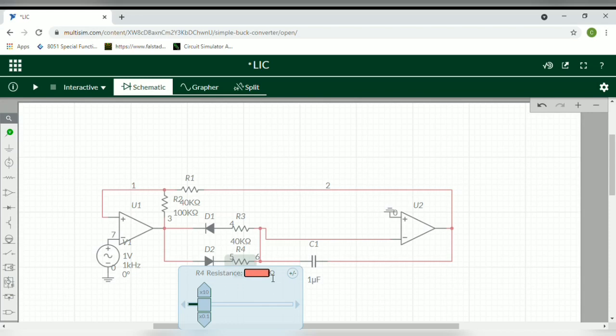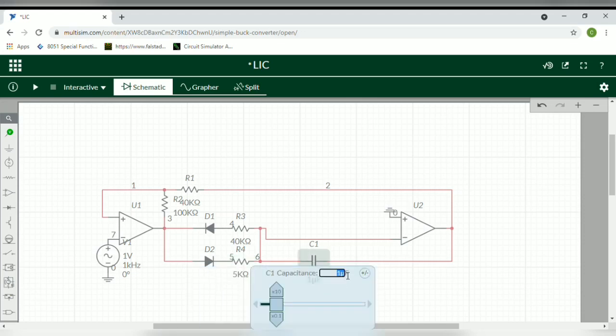The value of R4 is 5k ohms. Now the value of capacitor is 500 nF. Now the voltage of supply is 3.5 volts.